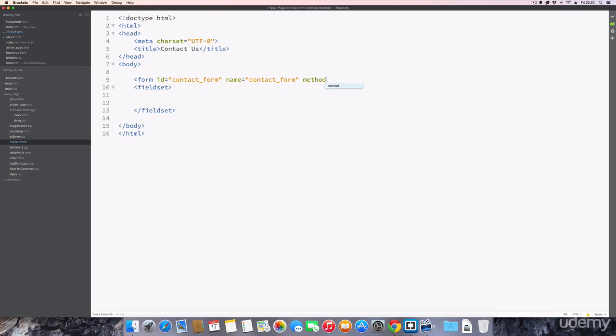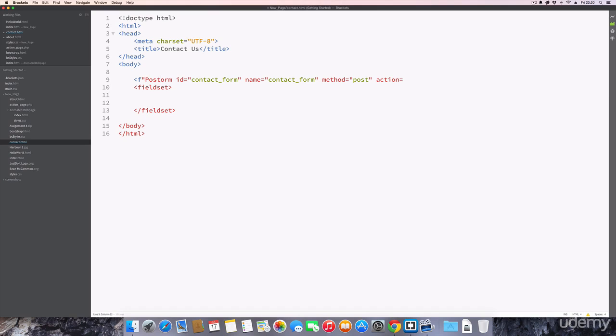We're going to have a method of post, just like we did before in our last set of fields on the main page, because obviously we want to be able to post the elements to our PHP. And we're going to create an action,